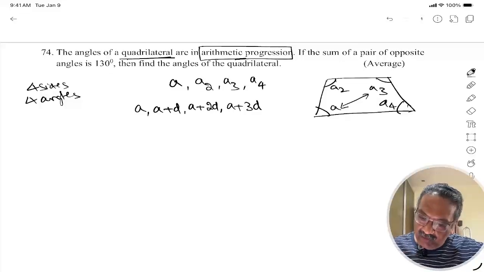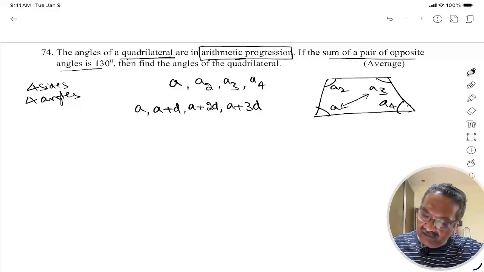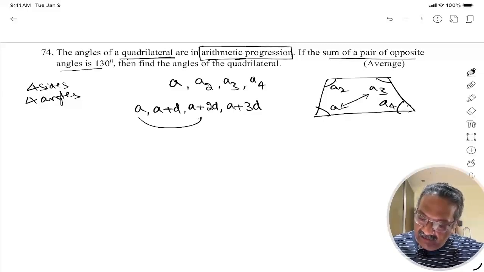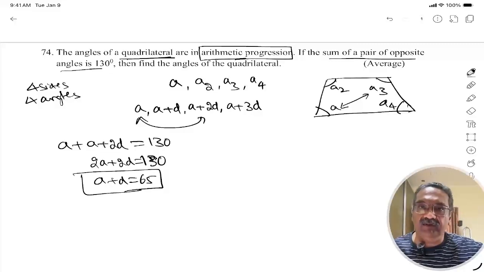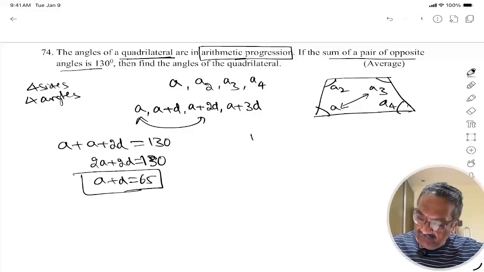Okay. Now what he is saying, if the sum of a pair of opposite angles is 130. That means A and A plus 2D, if we add these two, A plus A plus 2D is 130 degrees, or 2A plus 2D is 130. A plus D is equal to 65. This is one equation we have got. What is the other equation? We know